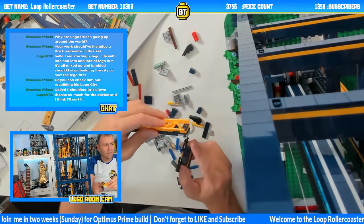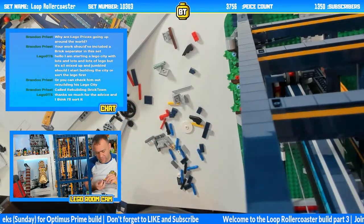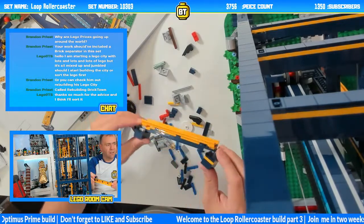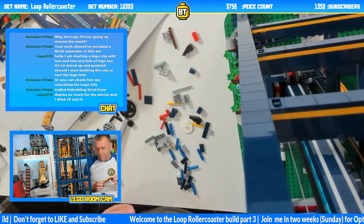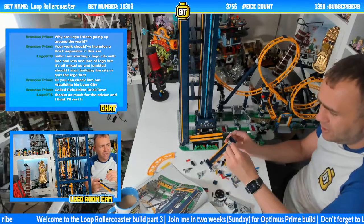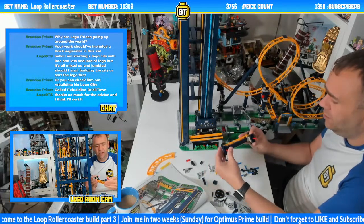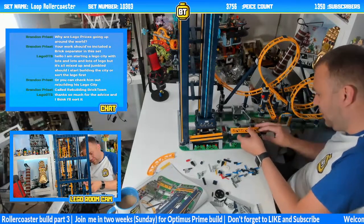Okay, the other end of our track where we've got more loops into the bottom of that, and then just slot that in, hopefully push those pins all the way through, so that's hinged at the other end as well, so you can do a bit of a slope if you want to here. And then this attaches, we're going to the wide one. And what we do first though, because these are Technic bricks, is stick this full length red rod into each end,